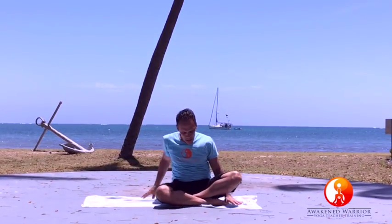We say that this position here is the most important of them all, this asana, to be able to sit still. The word asana means to sit, to be seated. So we're sitting in this pose, spine tall, shoulders relaxed, hands in Jnana Mudra, eyes closed. You see that the practice that we just did for this last hour or so was the preparation for the meditation, to be able to sit still in meditation. Now that your body is more open and relaxed, now that the mind is calm and still and quiet,